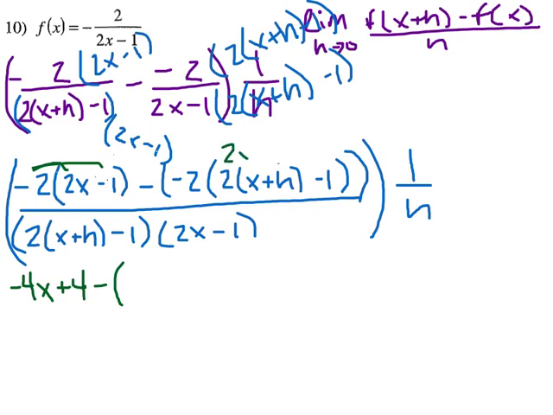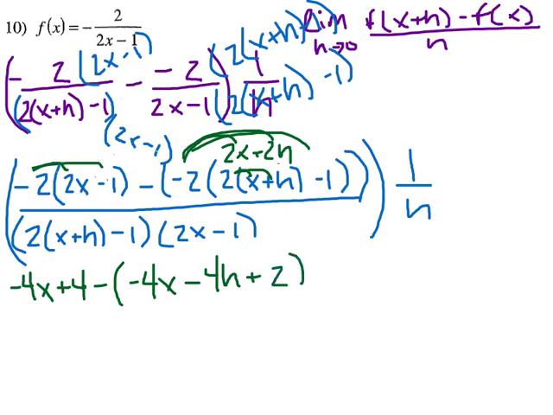This is going to be 2x plus 2h once we distribute this part. Then we need to take this negative 2 and distribute it out to everything. So we'll have minus a 4x, and we'll have a negative 4h, and then we'll have a positive 2. And this is all over